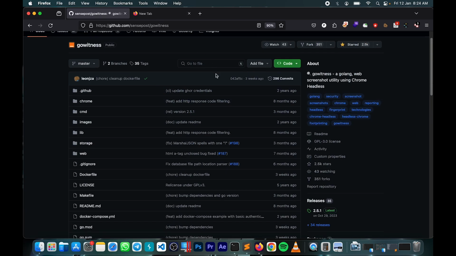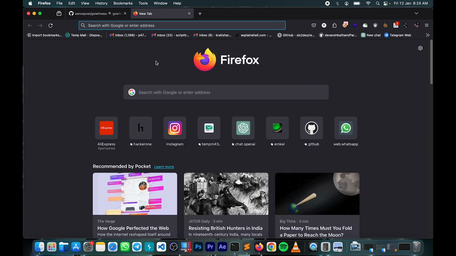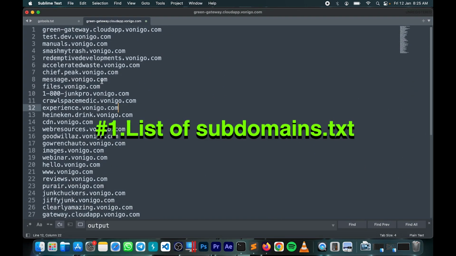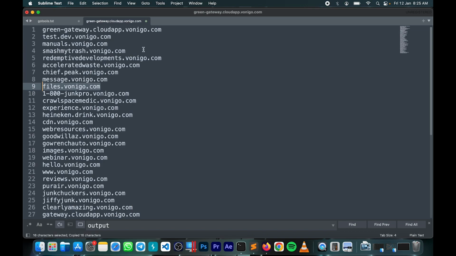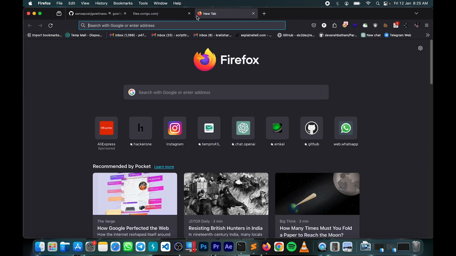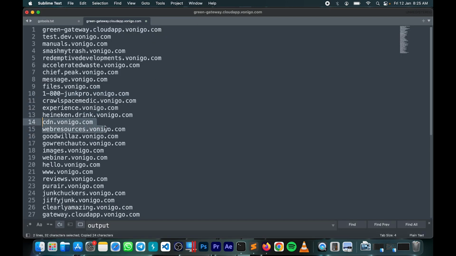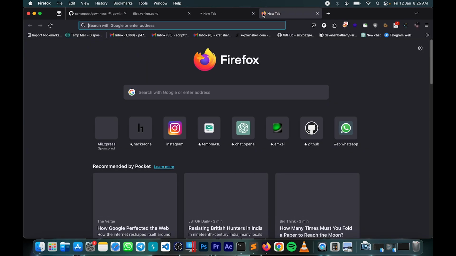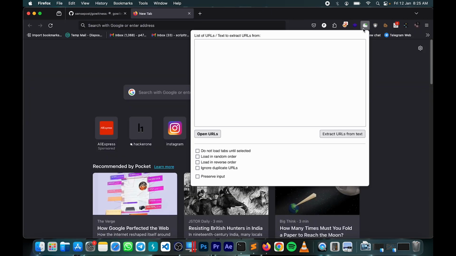So what this tool does is that it screenshots the particular list of URLs you give to this tool. Okay, there are more ways you can do it manually, which are: first have a list of subdomains, then just go through manually the ones you have, like that. But it is much time consuming, so it's better to do one more way I have, like have an extension named